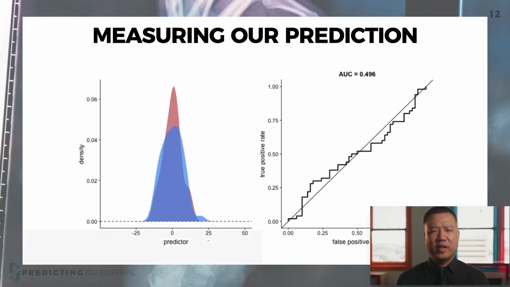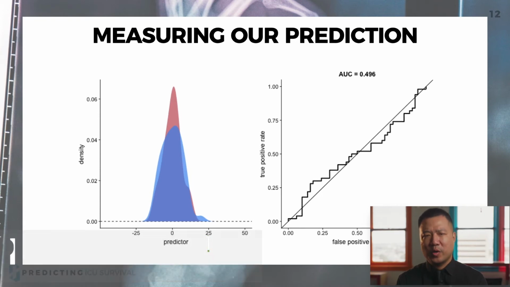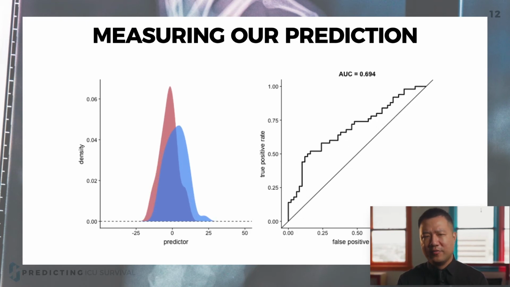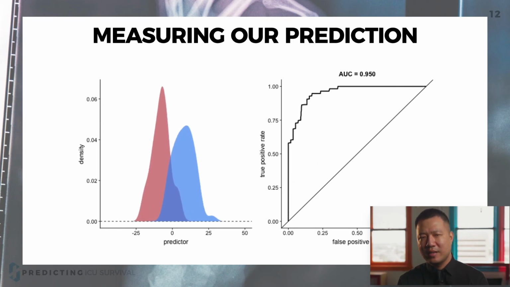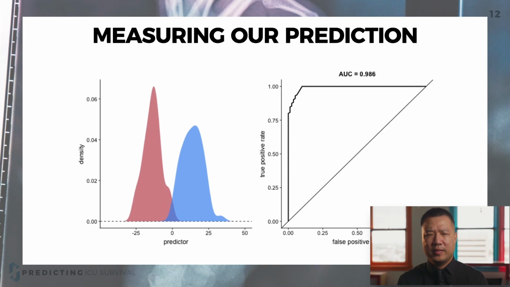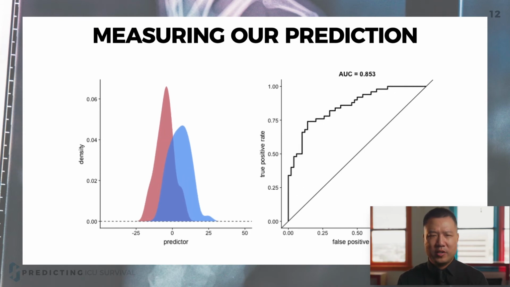Thank you, Ravinder. Now we're going to talk about how we measure our predictions. We have a very small portion of positive cases, and the cost of a wrong prediction is critical. In order to reduce the overlap of positive and negative cases, we use the scoring system named ROC-AUC score. As you can see, in the graph on the left, the red and blue bumps are the distribution of positive and negative cases. The less the overlapping of the positive and negative cases, the more the curve goes to the upper left corner of the graph on the right side, which indicates a better prediction.